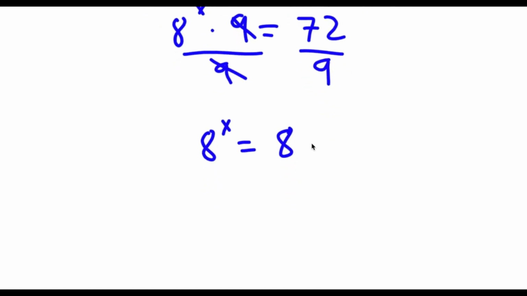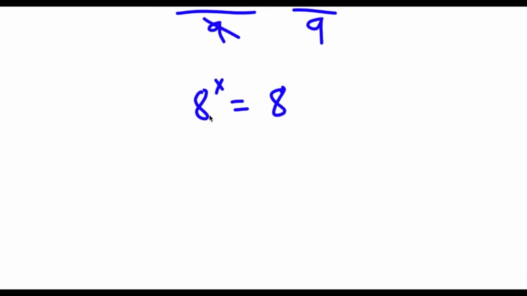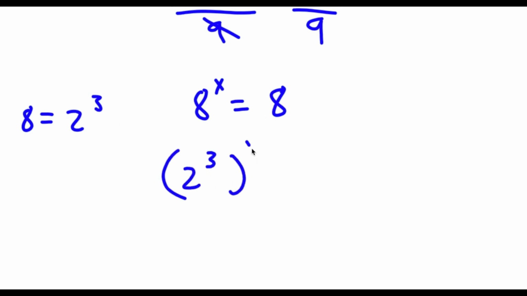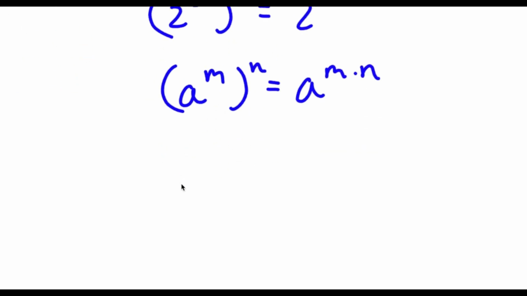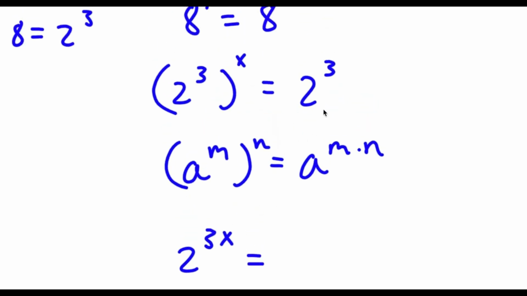Now, 8 here, this is the same thing as 2 to the power of 3. So if I replace 8 with 2 to the power of 3, I get 2 to the power of 3 to the power of x is equal to 2 to the power of 3. Now, if I have something in the form a to the power of m to the power of n, this is equal to a to the power of m times n. So 2 to the power of 3 to the power of x, that's going to equal 2 to the power of 3 times x, which is simply 2 to the power of 3x, which is equal to 2 to the